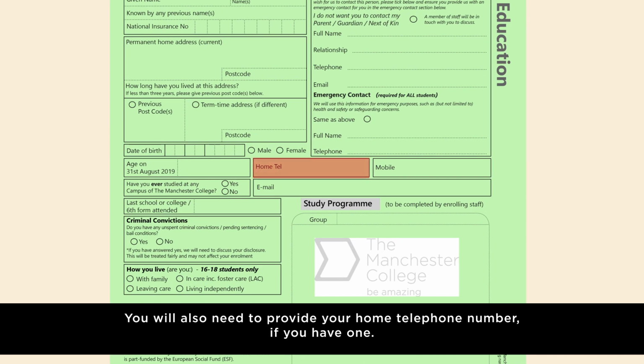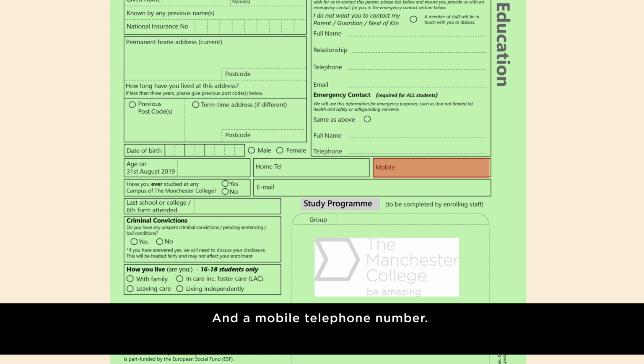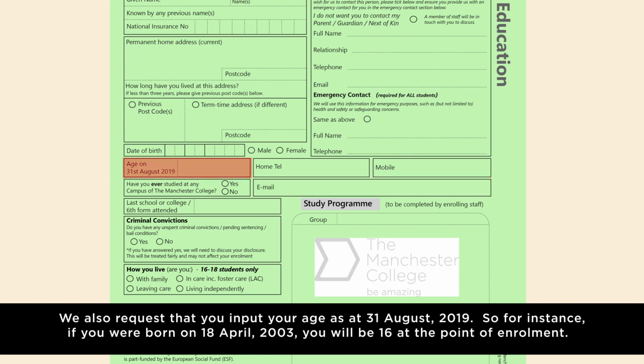You will also need to provide your home telephone number, if you have one, and a mobile telephone number. And you will need to provide an email address. We also request that you input your age as at the 31st of August 2019. So for instance, if you are born on the 18th of April 2003, you will be 16 at the point